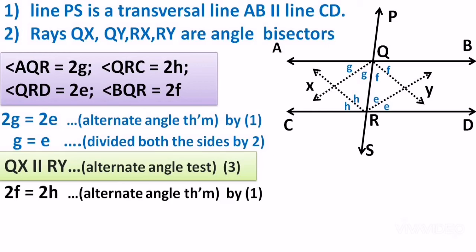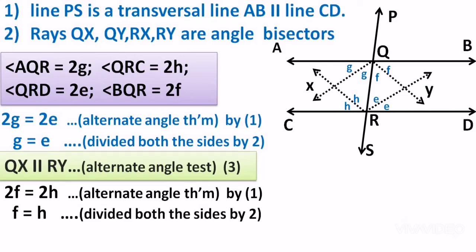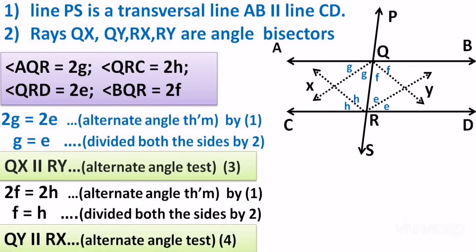Similarly, when you move towards the inverted or the mirror image of that Z, you will come to that BQR, that is 2F, which is equal to angle QRC, that is 2H. Why is sir writing like this? Because the main two lines AB and CD are given parallel to me, so I can say these are the alternate angles, and by alternate angle test we can say 2F equals 2H. Then when you divide both the sides by 2, we get F equals H, and that makes QY also parallel to RX. Both angles I'm not taking with letter naming because that will confuse a lot, right? So single letter naming helps a lot to understand the sum in a better manner.